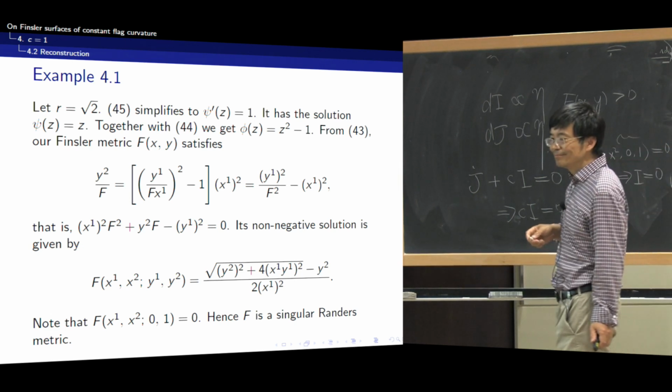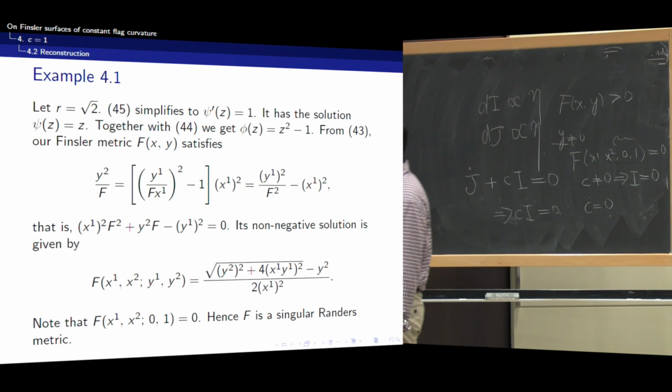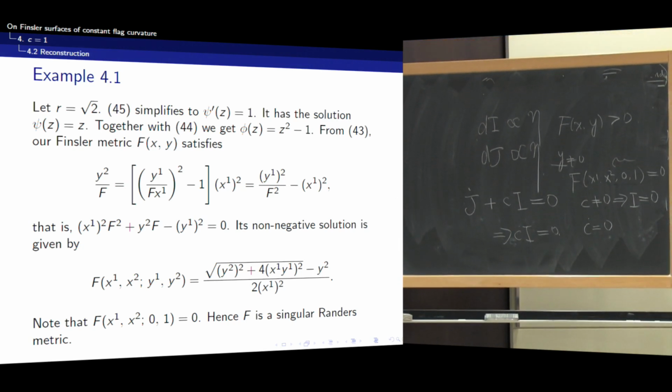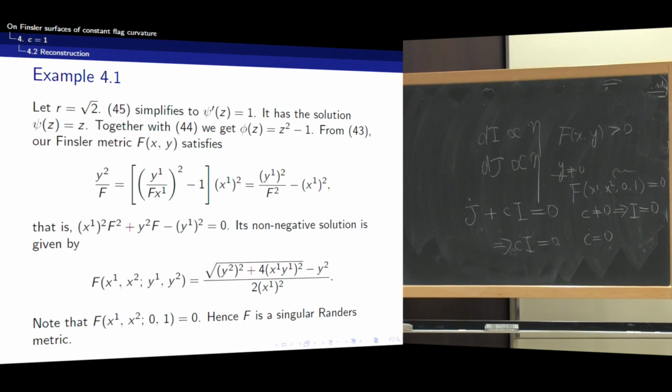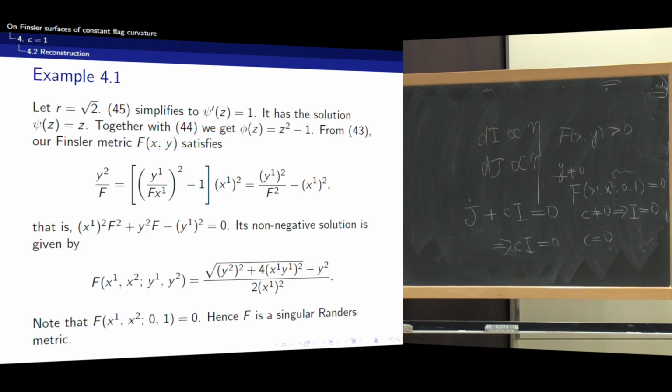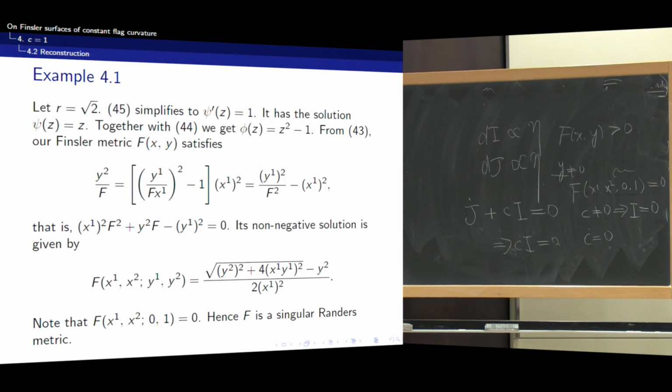Yes, but then it has constant length, because it is 0. And you do have constant length Killing vector fields on Riemannian metrics of constant curvature different from 0. This is a positive constant curvature example. We can discuss more, maybe this afternoon. This is singular, because in the direction (0, 1)